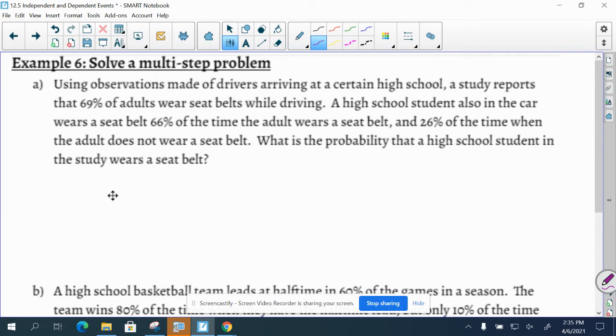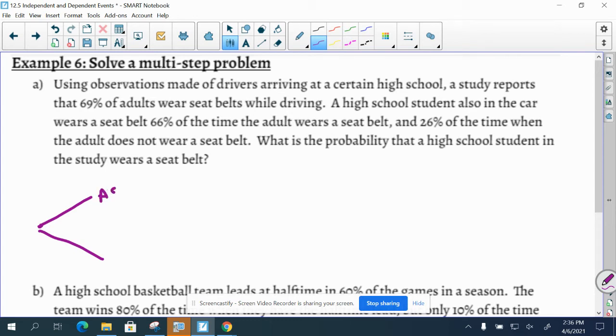So a good strategy for answering a question like this is to make a big old Venn diagram. It's not a Venn diagram, but a tree diagram. So we're going to make a double tree diagram. So we're going to start over here, and first of all, it's going to be with the parent, because the student wearing the seatbelt depends on the parent, the probability of the parent wearing the seatbelt. So the probability that the adult wears a seatbelt is 0.69. So we're going to say